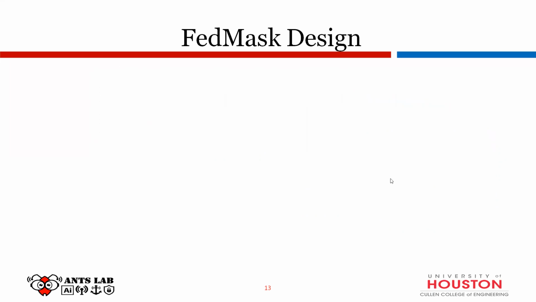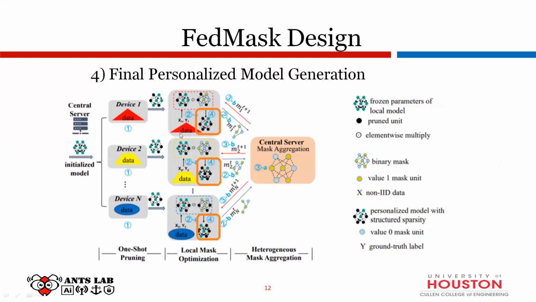They do mention it in the data, in the optimization. As you can see, there is the data, and you have this update with the X non-ID data and Y as the ground truth label. So I think they still have an impact in the optimization given the data here.